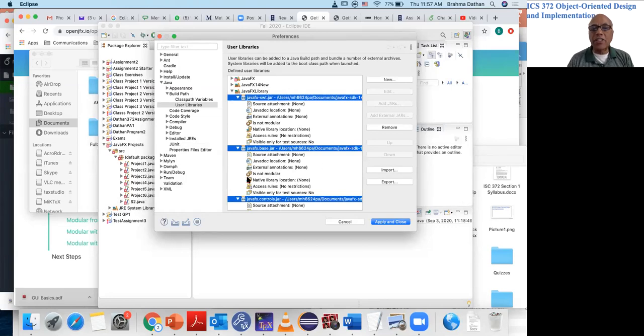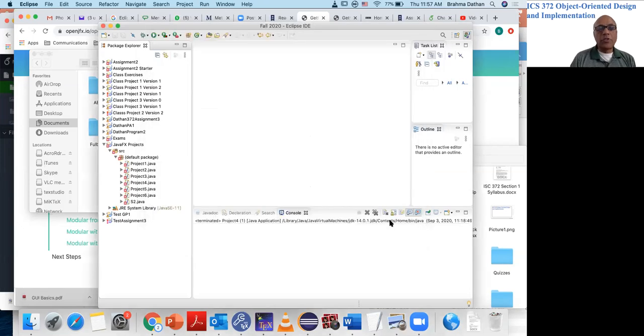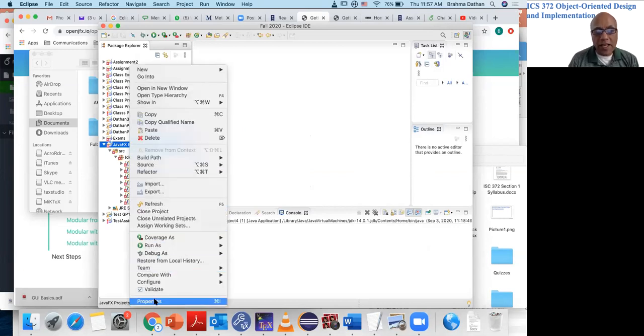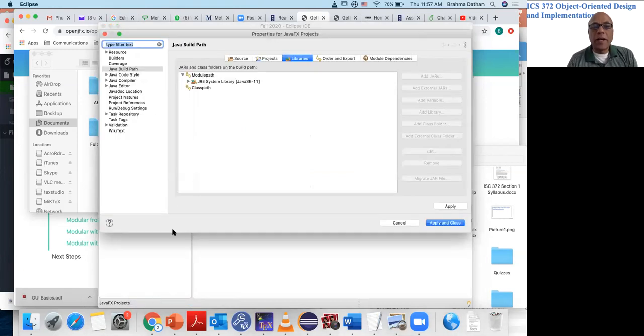So they all get imported into this library that we just created, the JavaFX library. Apply and close. So Eclipse knows where JavaFX is. So we have the Eclipse program connected to JavaFX, but the project is still not connected to JavaFX. Now we should right-click the project, select Properties, and here